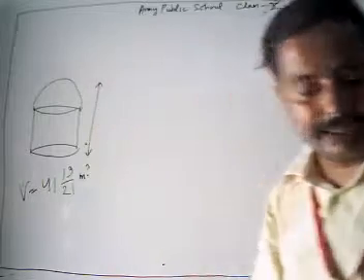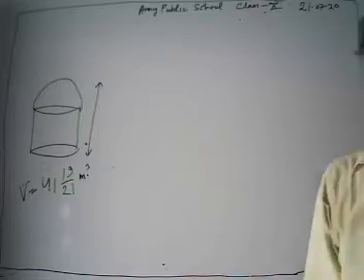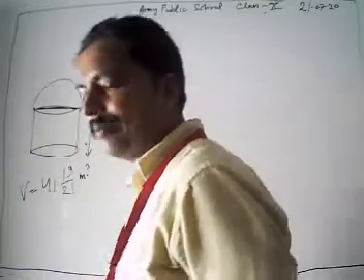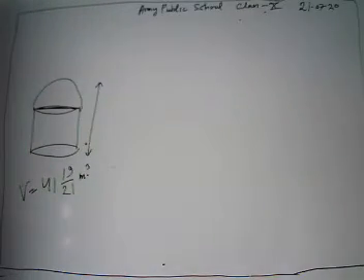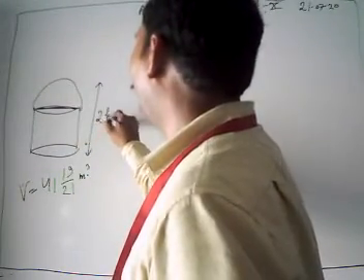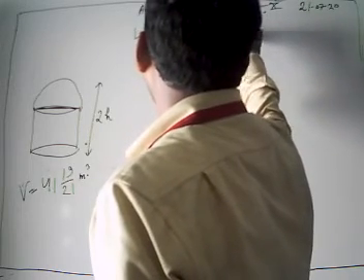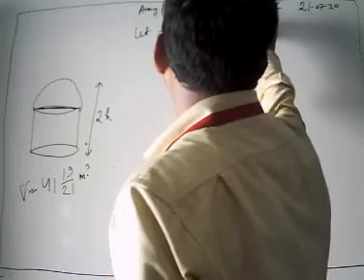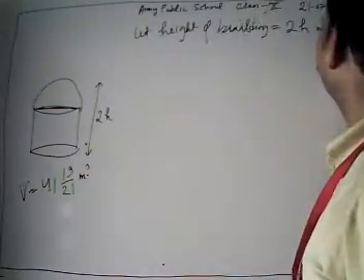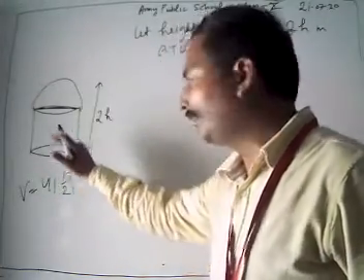Now, to get the height of the building: what is given is that the internal diameter of this dome is equal to the height of the building. Let the height of the building be 2h meter. Then according to the question, the height of the whole building is equal to the internal diameter of this dome.